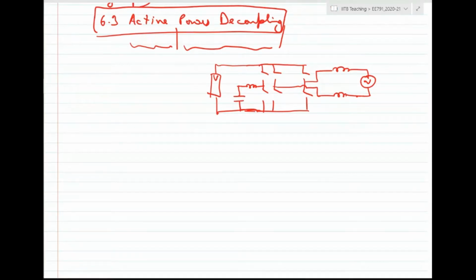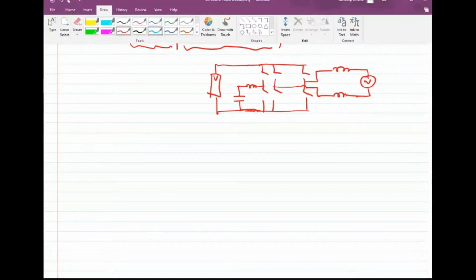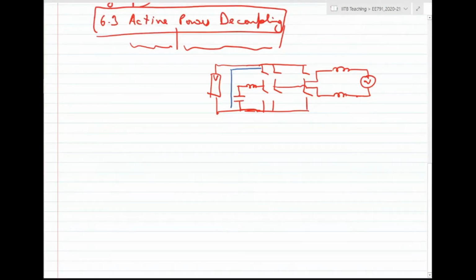Now, how that synchronous buck converter works is that, if you see this as a unit, this is a synchronous DC to DC buck converter. So this synchronous DC to DC buck converter can absorb power and it can give back power, and it can keep on doing that. So the original capacitor was also doing the same. It was absorbing power, it was giving power. This synchronous buck converter can also do the same.